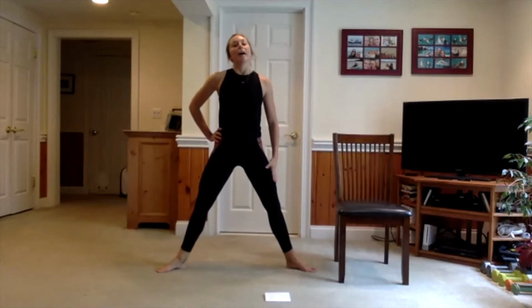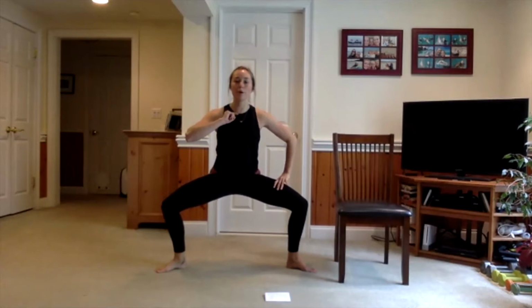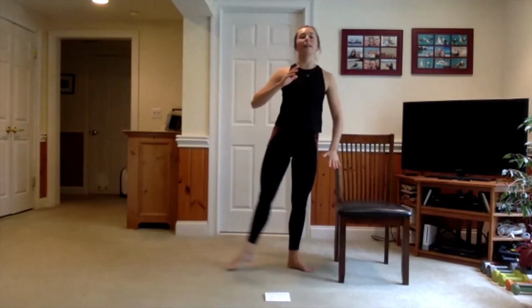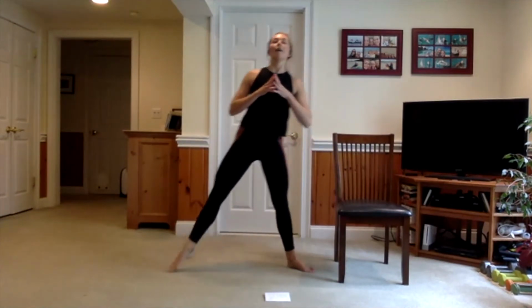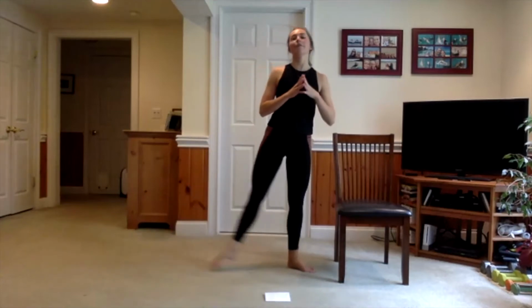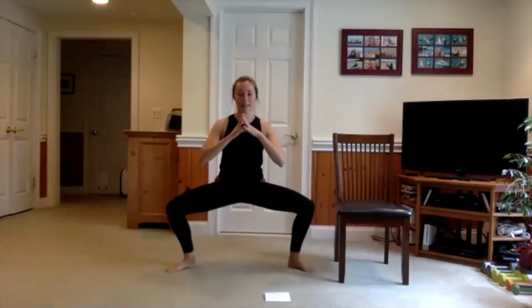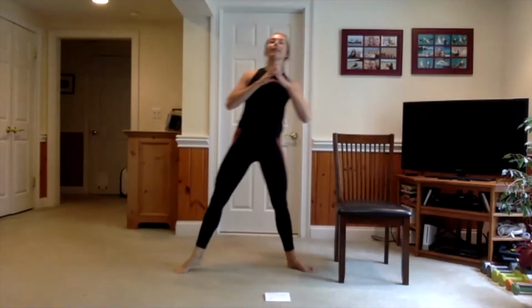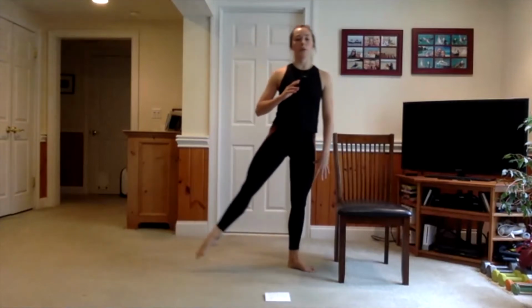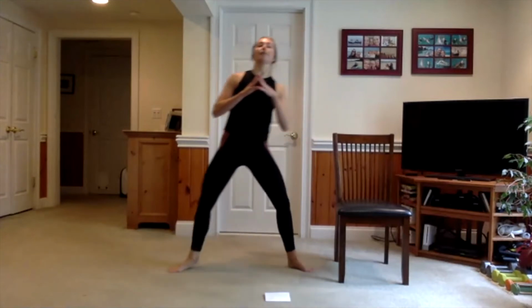So you're gonna think about that left leg, and on the next plie down, I want you to push off of the left leg, come back to first. Second, plie, push off the left leg, back to second. Plie, push, into first, out to second. Good. So trying to make this one continuous movement, really using that left quad, left glute to lift off of